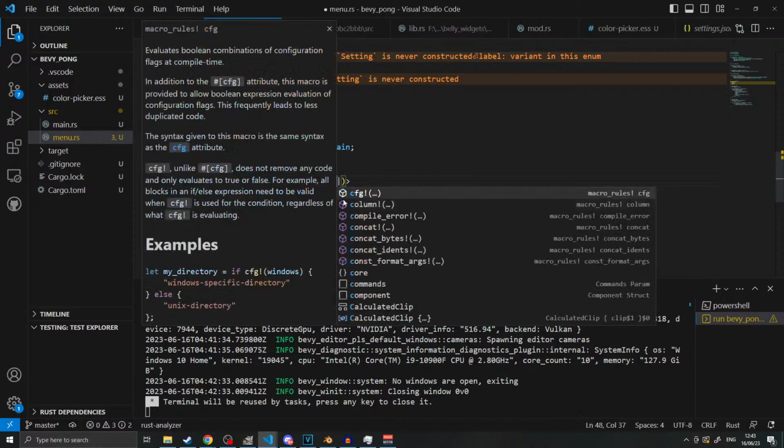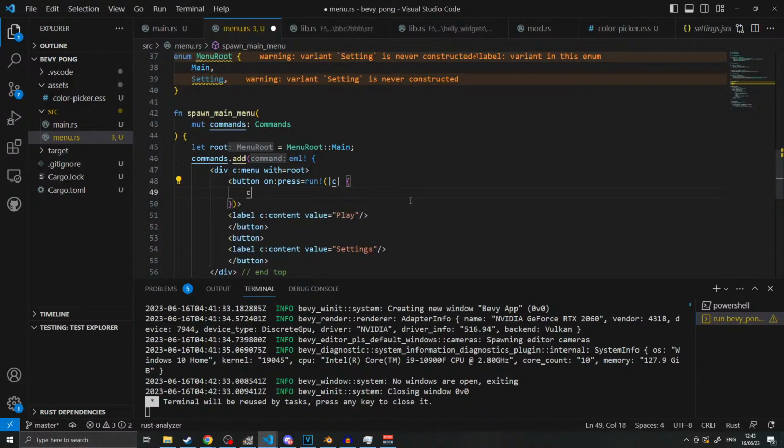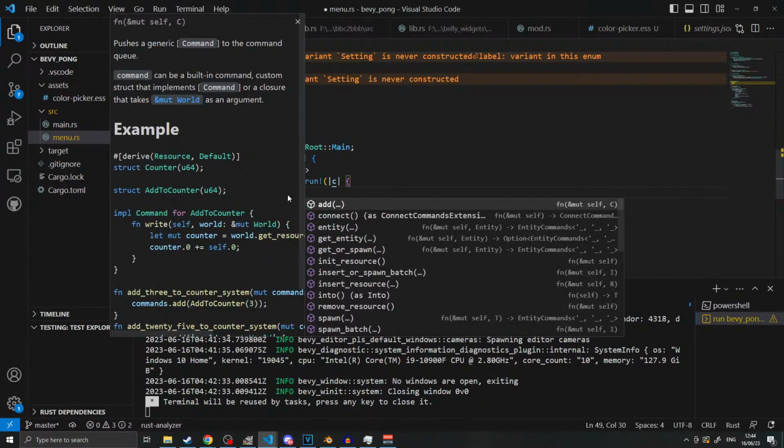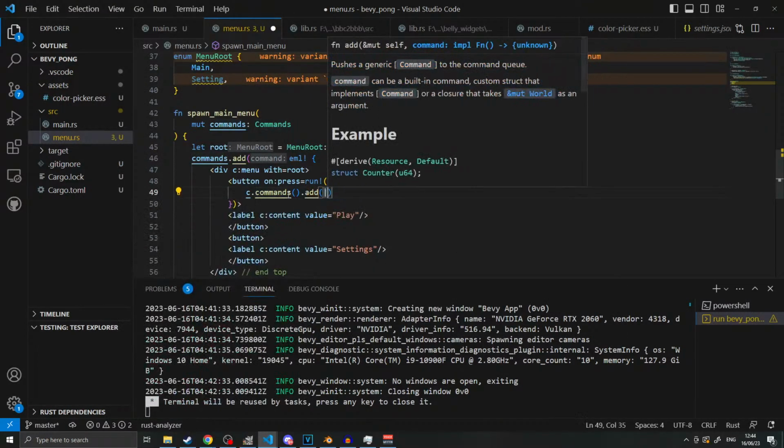I think they said what you do is you go C, which is you, and then you go C dot, and then you go like CTX. Just trying to find, so it must be like C dot commands dot add